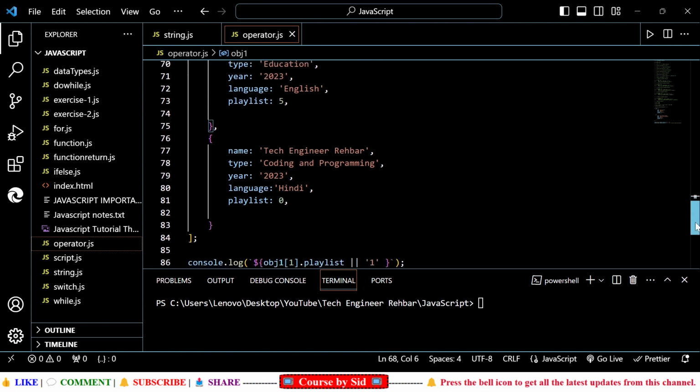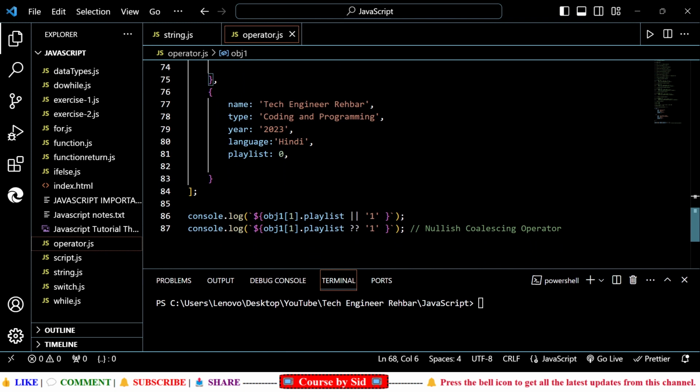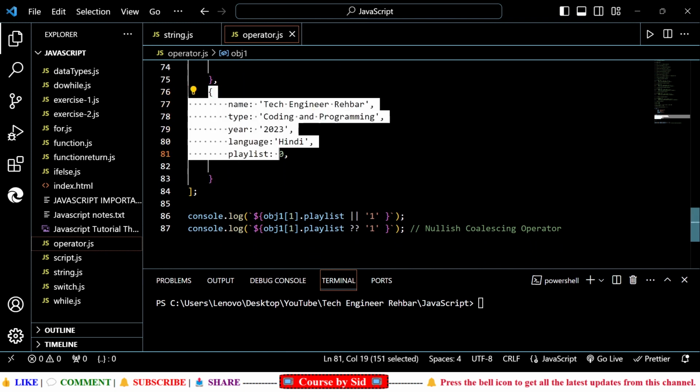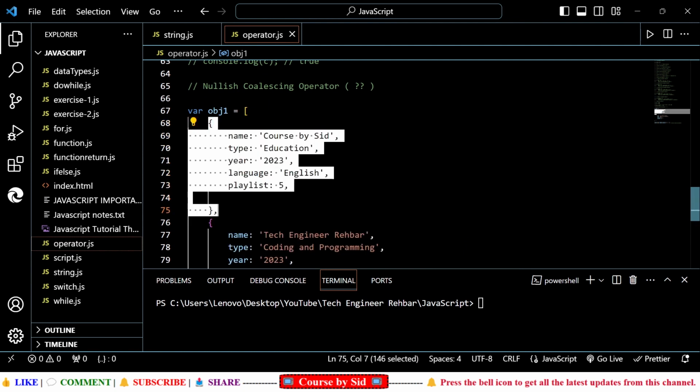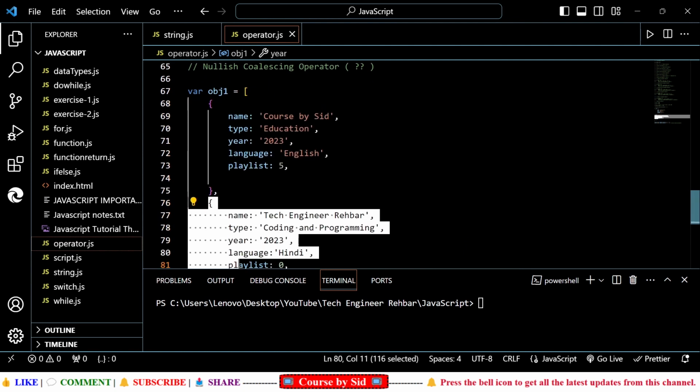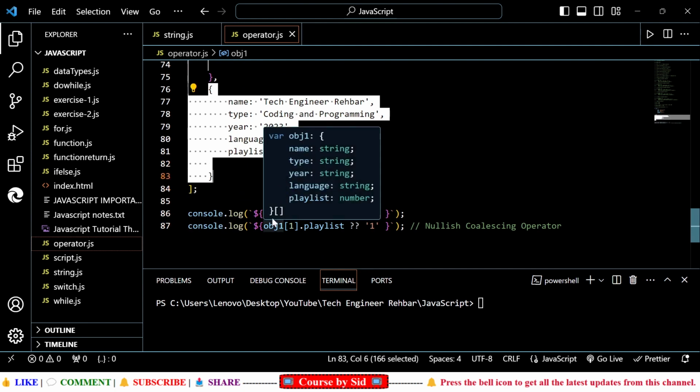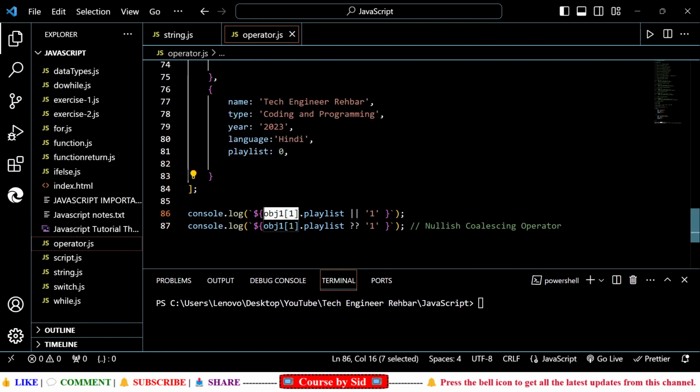var. Now let's say I want to check obj1, this portion. This represents this one, because it is starting from 0, and the first one is 0. This is obj1 within brackets 0 and this is obj1 within brackets 1. So I'm talking about this one over here. When I write obj1 within brackets 1 dot playlist, I want to print the value of this one. So if there happens to be an OR operator,